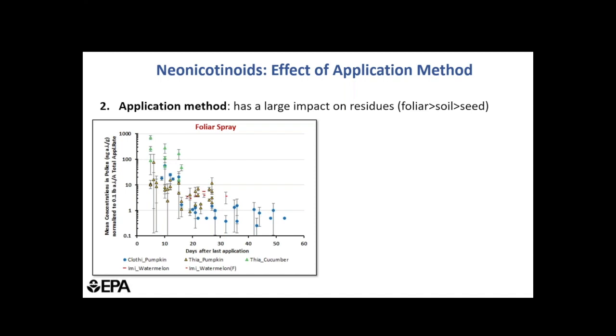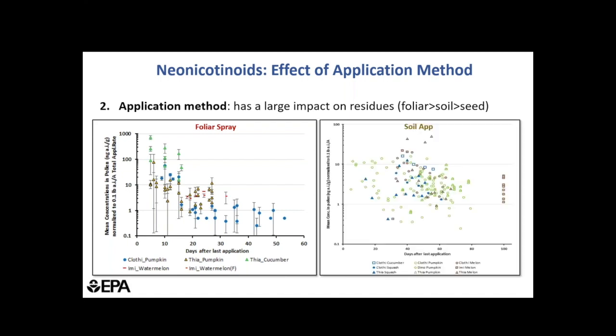This plot on the left shows residues in various cucurbits for different neonicotinoids, so pumpkin, cucumber, and watermelon, after foliar spray applications. And you can see that residues start off about 5 days after application, and they approach 1,000 nanograms per gram. And these are all normalized to 0.1 pounds per acre. But there's an exponential decline over time in these residues. And at about 30 days, they're generally less than 10 nanograms per gram, and many are less than 1 nanogram